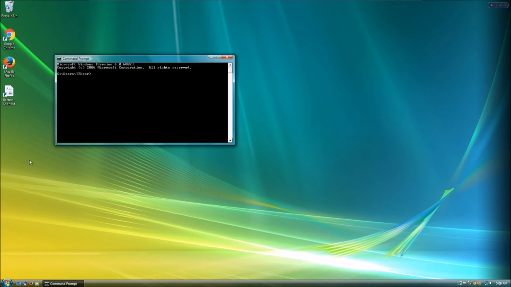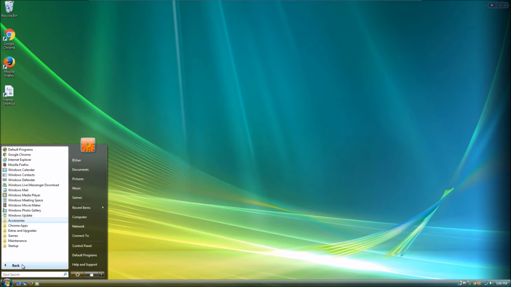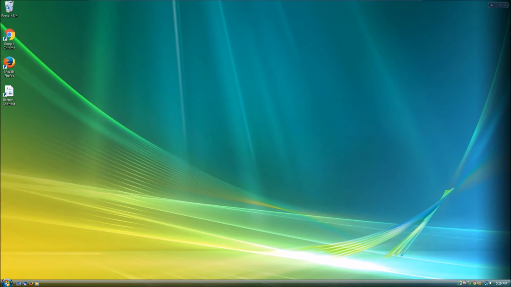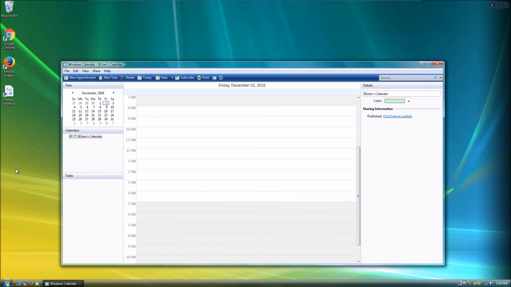accessories. So what about command prompt? Command prompt still, yeah. Accessories. And then you have Windows Calendar, a proprietary calendar application, which I think has only been in Vista. Eventually, so yeah. This is pretty much what they had for a calendar, just like with Mail. They removed it in 7, but they eventually brought it back in Windows 8 with a calendar app, with an innocent calendar app there